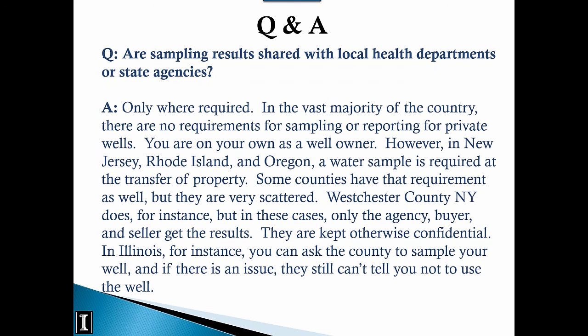And so, yeah, there's even a county, Westchester County, New York. They require sampling and even take the added step that if it comes up with something that doesn't meet a primary drinking water standard that the EPA set for community water supplies, you have to mitigate that, or they can condemn the property. And Rhode Island does the same thing. They work through their home inspectors and consider the water sample part of that, and they basically force you to add treatment or do whatever's necessary to bring that water quality in line, whether it's treatment or another well or whatever. So, most states aren't that way. In Illinois, you're really on your own,